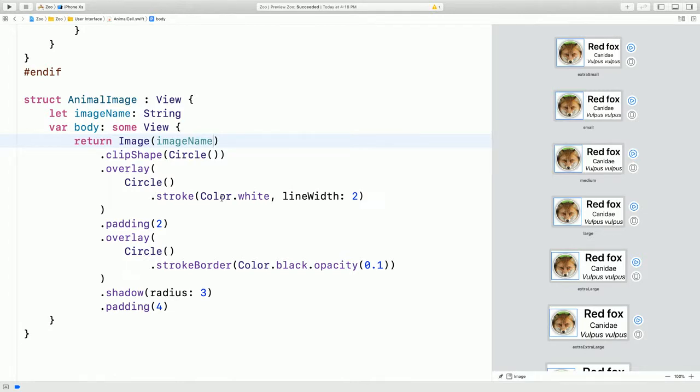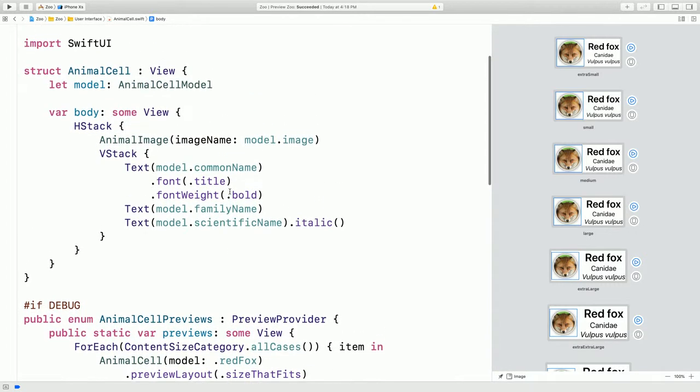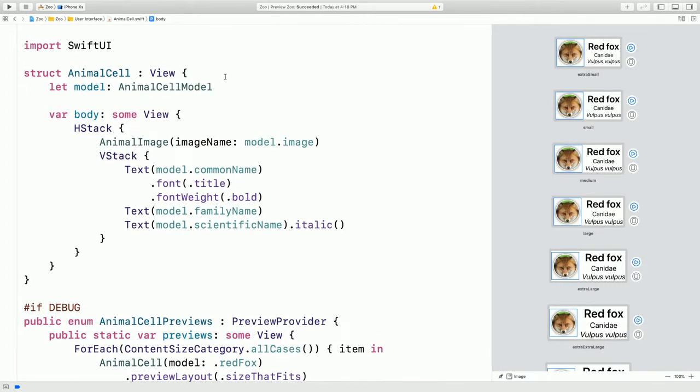Thanks. I think this was pretty cool too. So notice the preview really didn't change, but if I scroll back up and look at what my animal cell looks like, it's much clearer now what's going on here, and I can focus on the details other than the image treatment. So now that this looks good, notice that we've so far focused on this view just by itself,